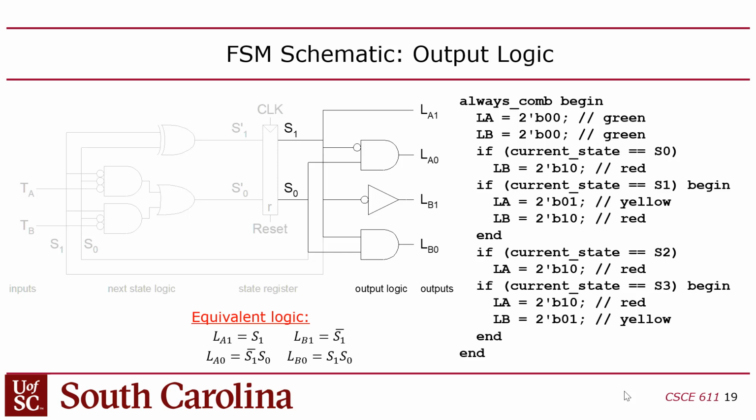I like what they used to call the three process FSM, which is where you have 3 separate processes, process being an always statement. In VHDL, it's actually called a process, but it's equivalent to an always statement. Okay, so